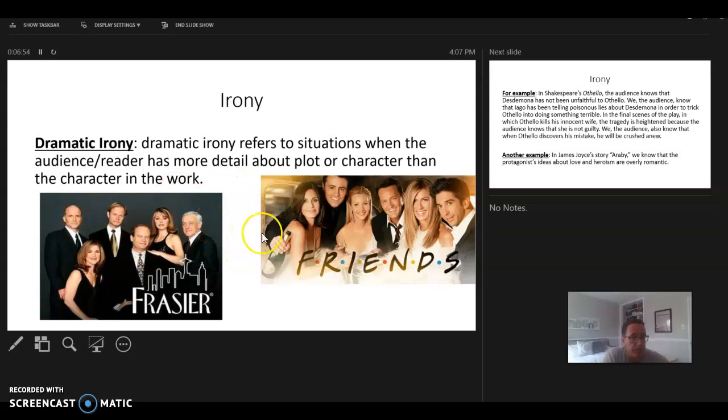Or The Office. I don't know if you watch The Office, but Michael Scott, the boss, he thinks he's a good boss. He thinks people like him. He's a likable person, he's a good person, all that kind of stuff, when we know that that's not true, right? The humor is he's always doing things with the thought that he's really good at singing or entertaining people, or he's a great boss. And he always falls flat on his face because his expectations of what's going to happen are different than what happens. And we, the audience, get to enjoy that because we know he's a goofball, and we know that he's going to fail spectacularly in these situations. So there's that dramatic irony that creates the humor in a show like The Office or Frasier and Friends.